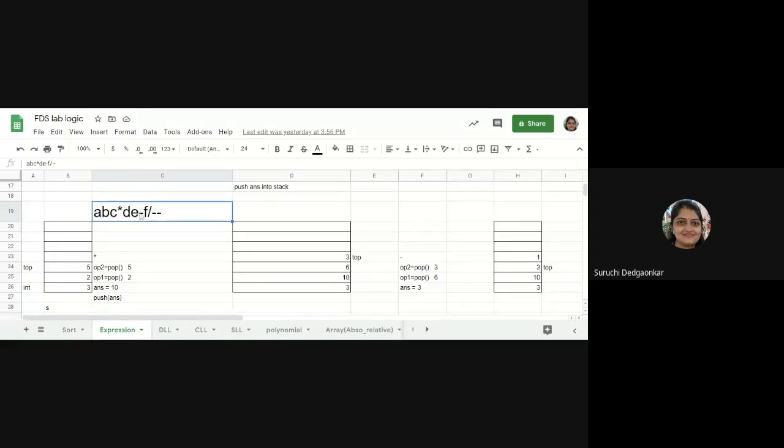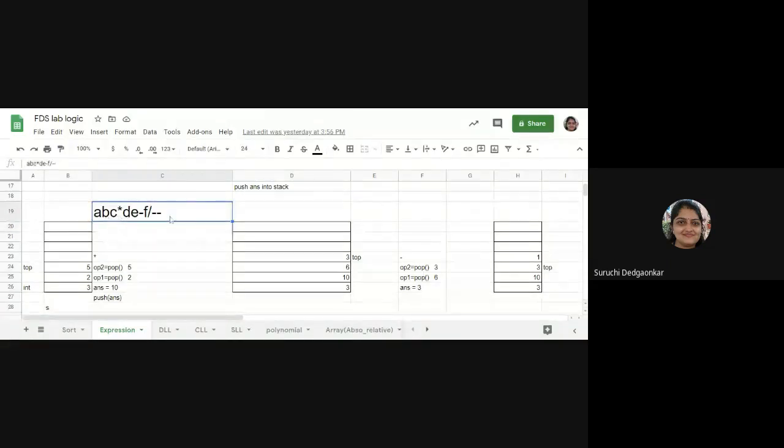In postfix and prefix expressions we have operands and operators only. There are no brackets, and the expression is already arranged according to the precedence of the operators.